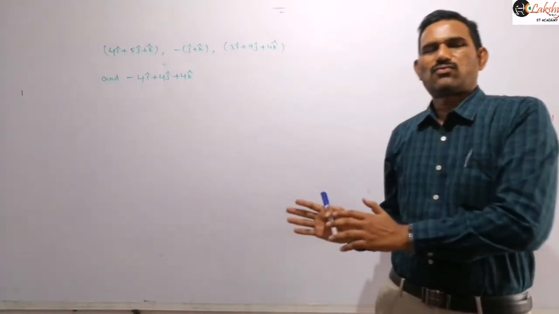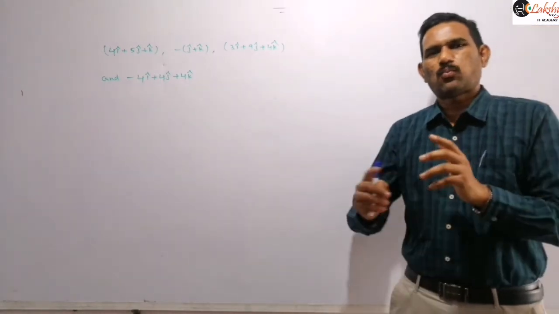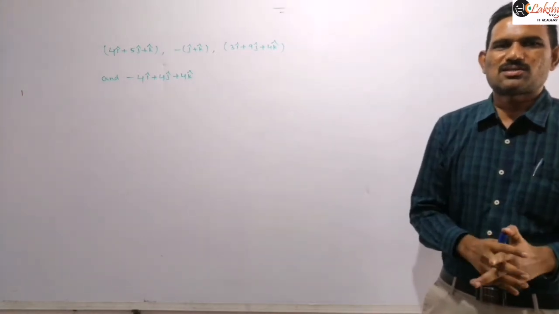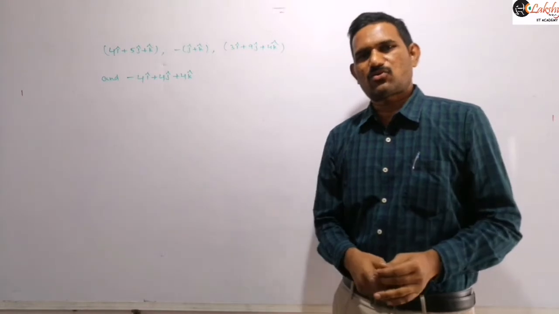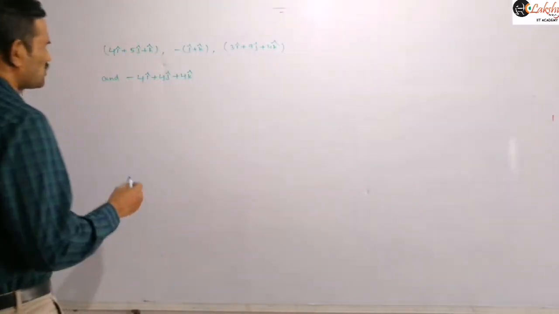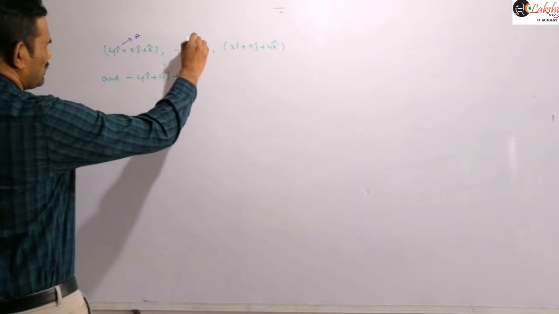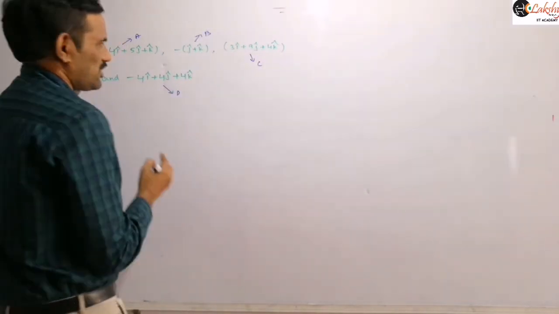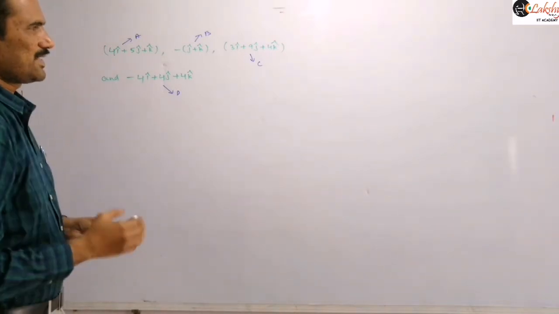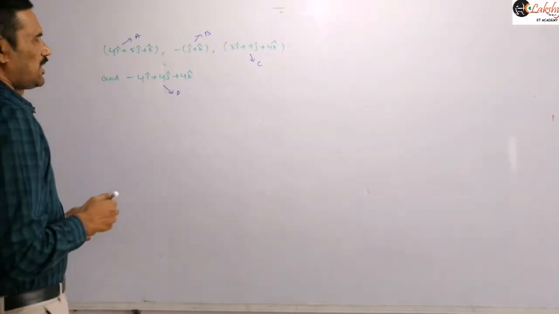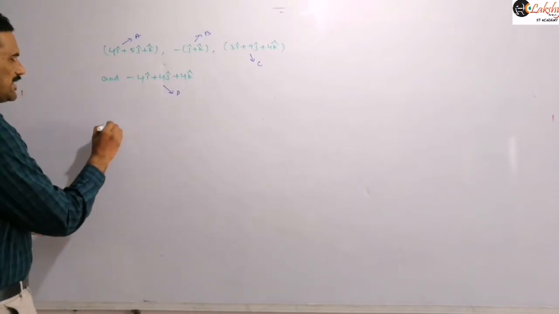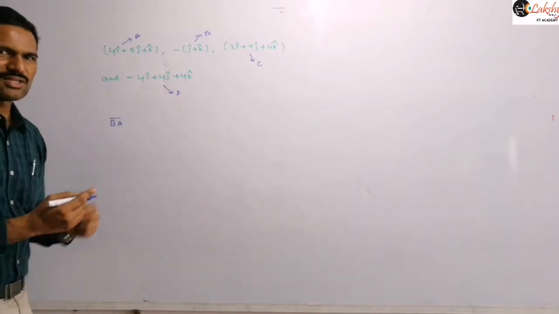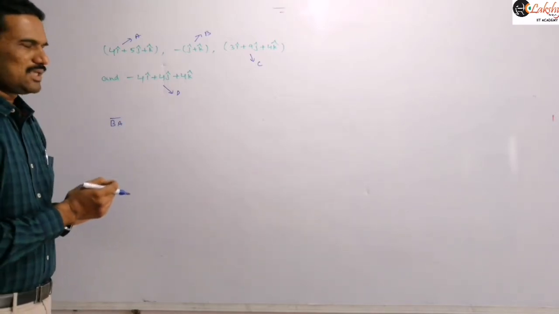Right? Now here instead of vectors, points are given here. 4 points are given. So from those 4 points you need to take 3 vectors, and we need to prove that all the 3 vectors are coplanar by including those 4 points. Suppose I am taking this point as point A and this is point B, and this is point C and this is point D. Let us consider the given points as A, B, C, D respectively, right? And so now here we need to consider a vector like AB vector or BA vector, any vector you may consider here. So BA vector let us consider as one vector, that means joining the points B and A, right?